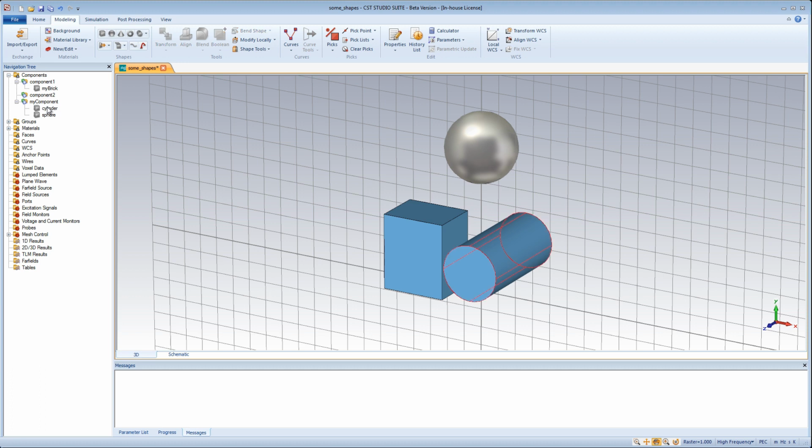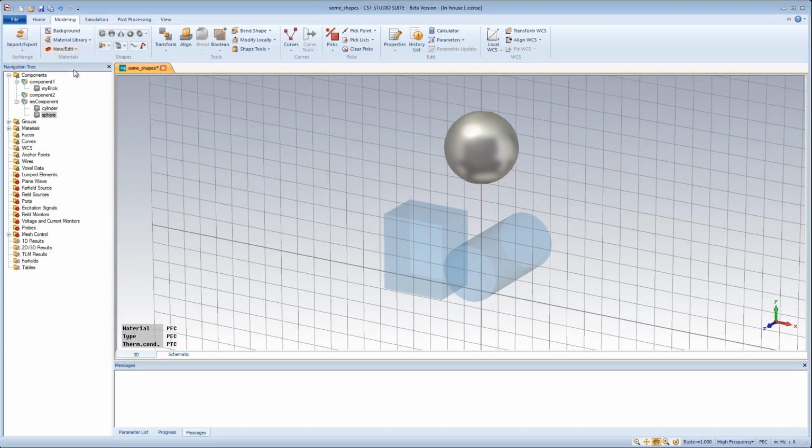In addition to its association with a particular component, each shape is assigned a material that also defines the color for the shape's visualization. In other words, the material properties do not belong to the shapes directly, but to the corresponding material. This means that all shapes made of a particular material have the same material properties and are drawn in the same color. The only way to change the material properties or the color of an individual shape is